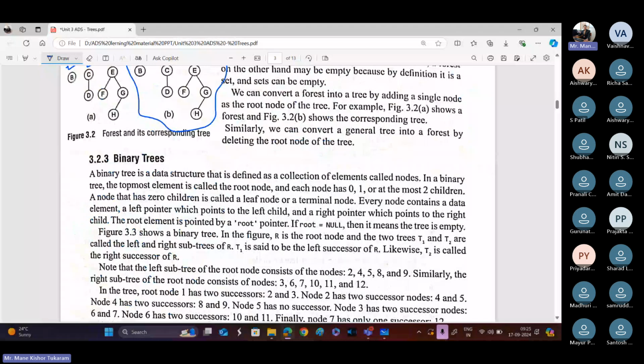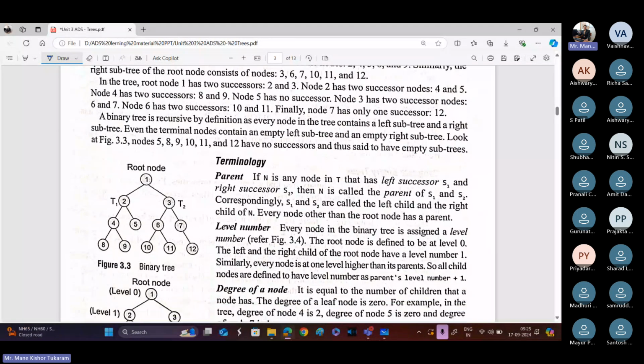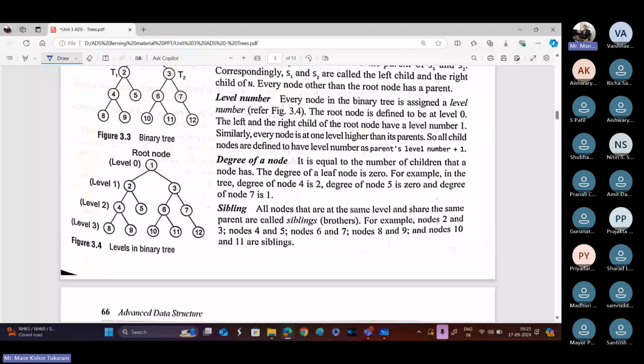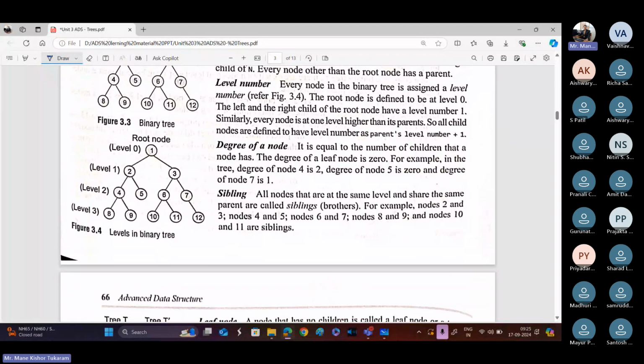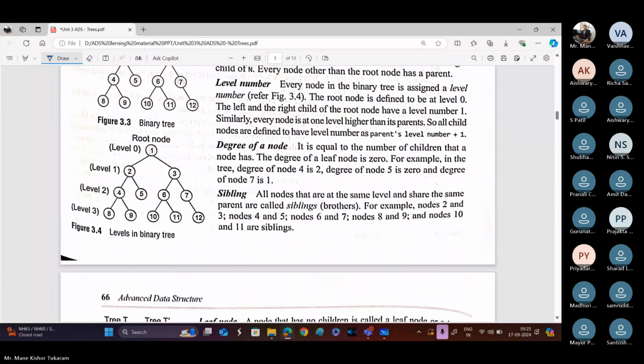Then binary tree. So binary tree terminology has the same terminology, but with the addition of sibling. So sibling means what? Suppose